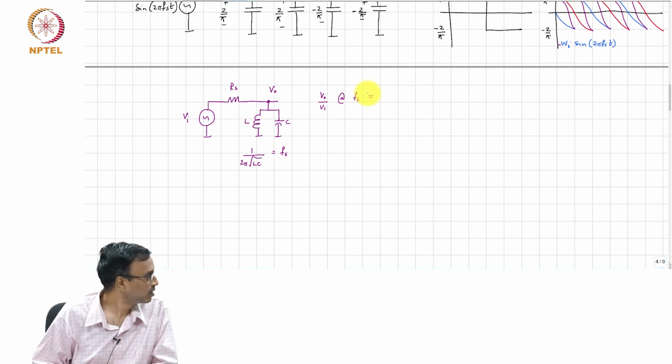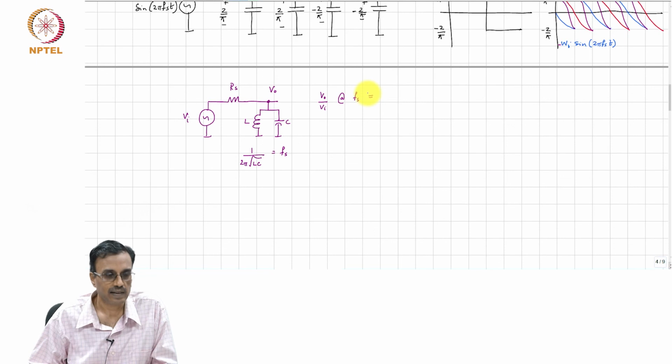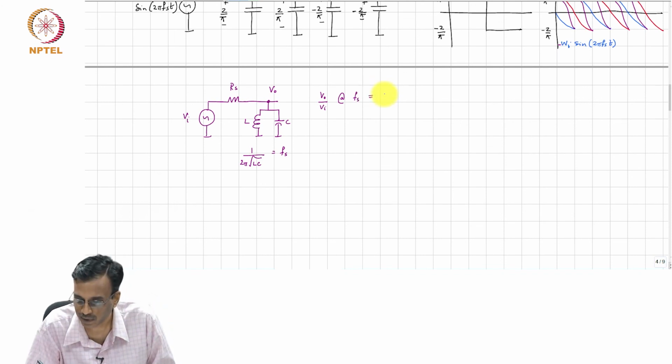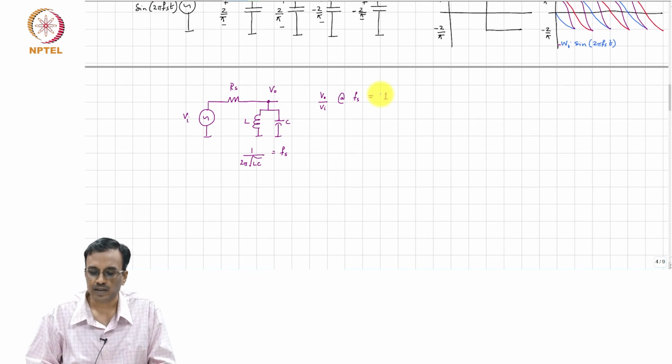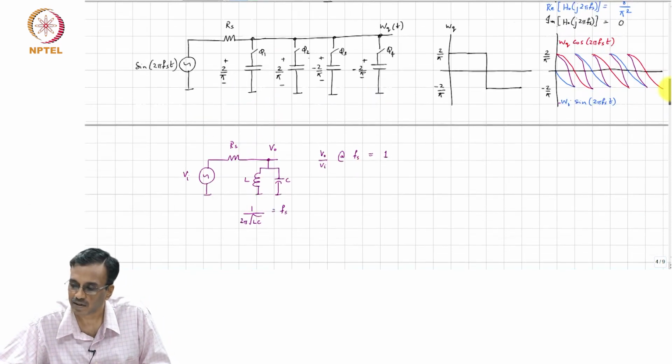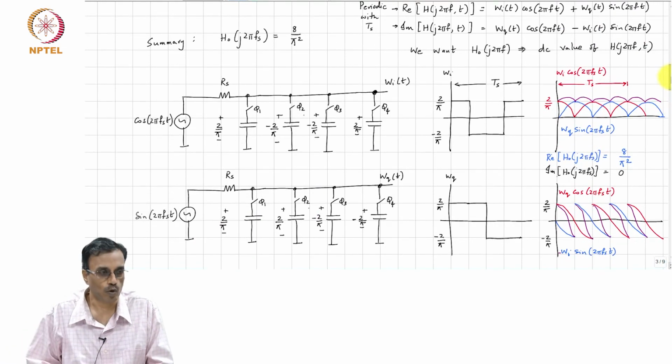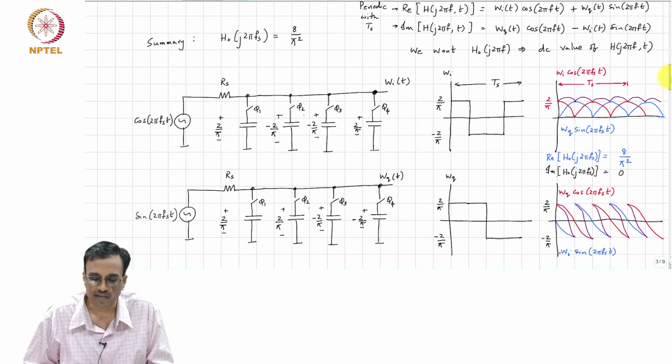At the resonant frequency of the LC network, the LC parallel network will be an open circuit, and therefore, what will be the transfer function from VO to VI? It is simply 1. The important point is that it is real, correct. Similarly, we see that here also it is real.